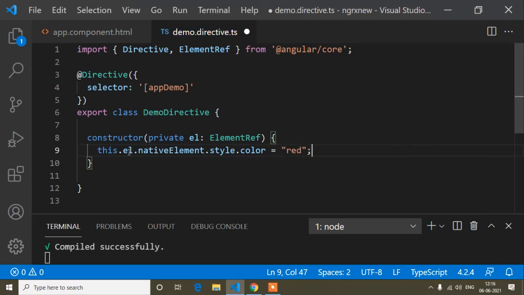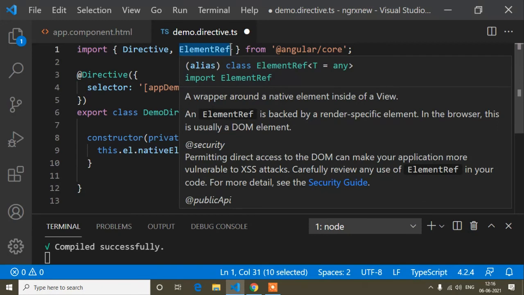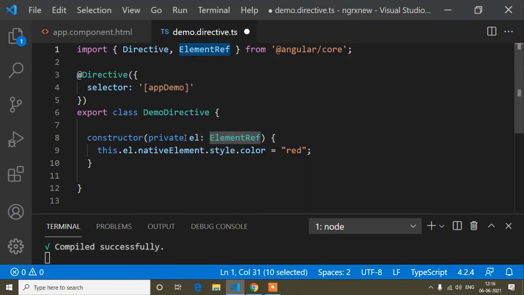Here you have to remember two things. You have to import ElementRef when you use the directive. So I have imported ElementRef, and now you have to create the variable for referencing this ElementRef. el is the variable, and now this.el.nativeElement. Native element is the syntax when we use ElementRef.